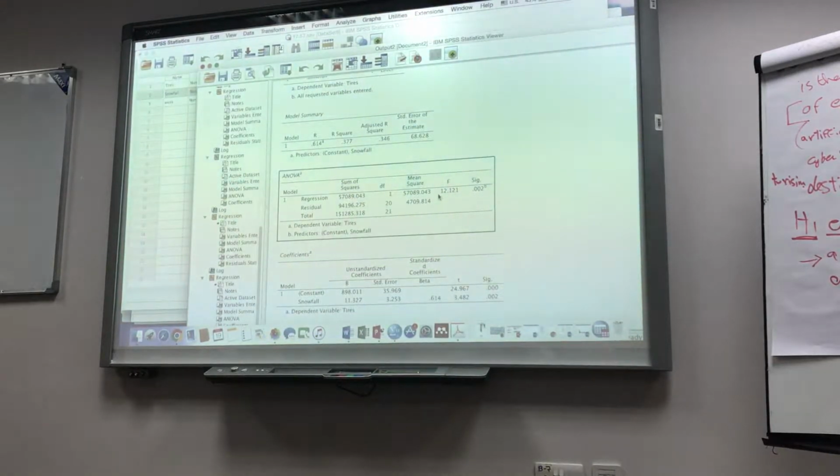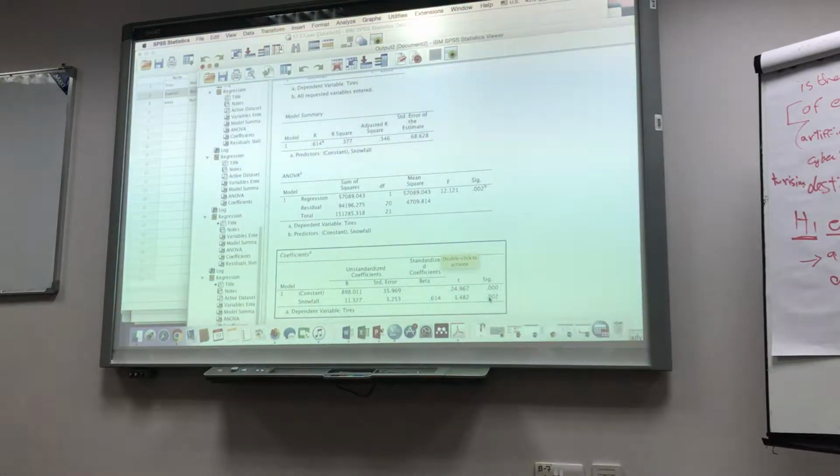The model is significant. It only predicts 38% of the variance. Then snowfall is a significant predictor.